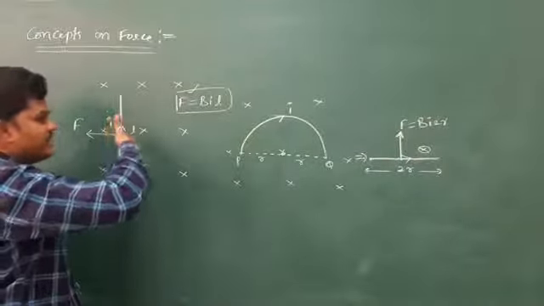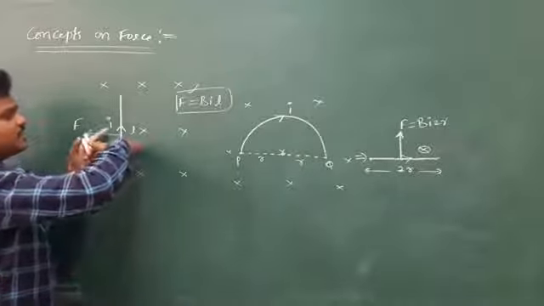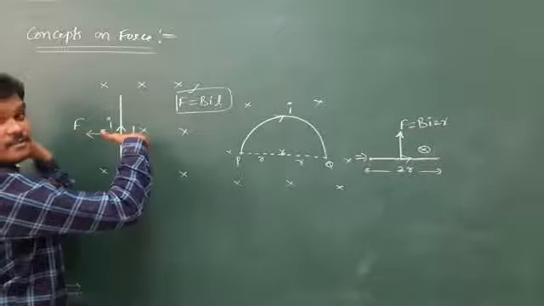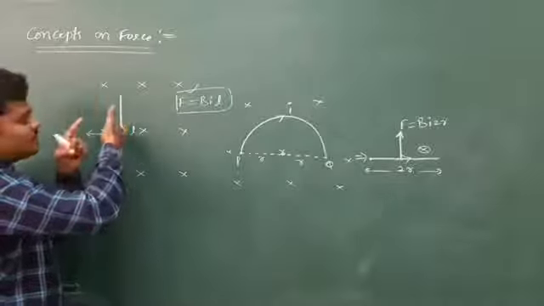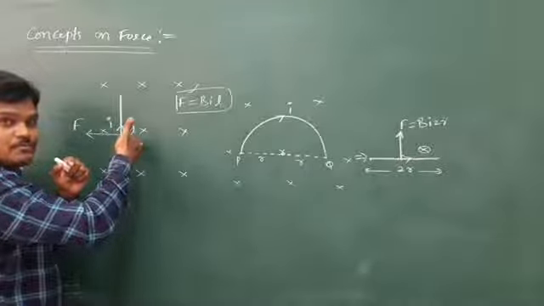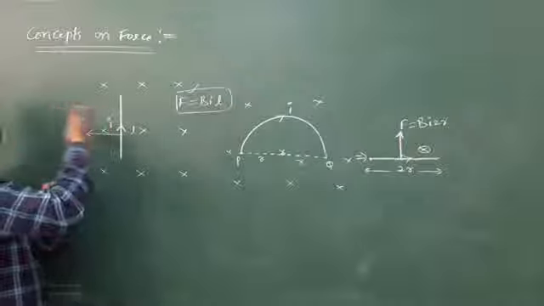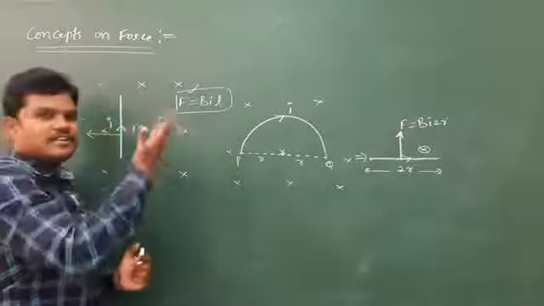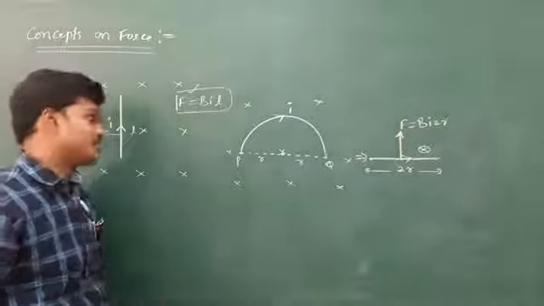And see, if I place my hand like this, in which side is the current? Upward. If I place my hand in this manner, current is left side, wrong. So you keep it like this. See, current is upward. All these fingers are into the board. And see, the hand shows this side. This will give the direction of force. So this is the force. It is easy to identify. By using the right hand rule, we can identify the direction of force very easily compared to Fleming's left hand rule.